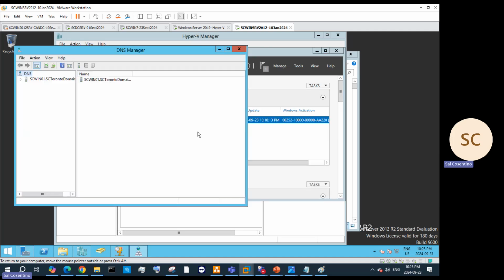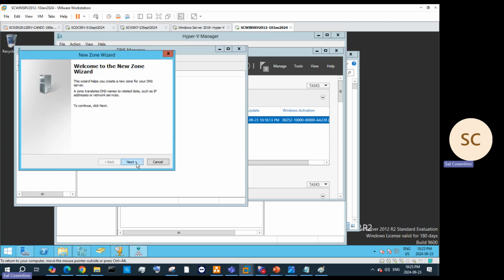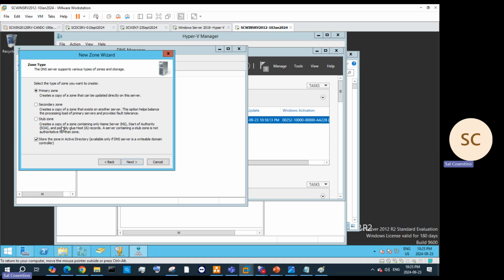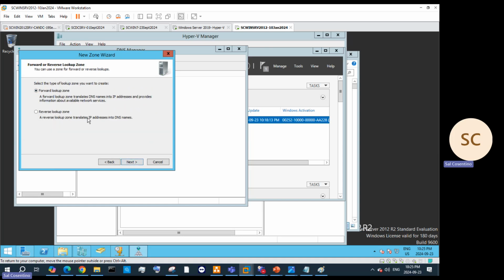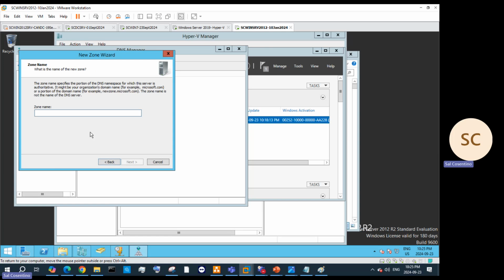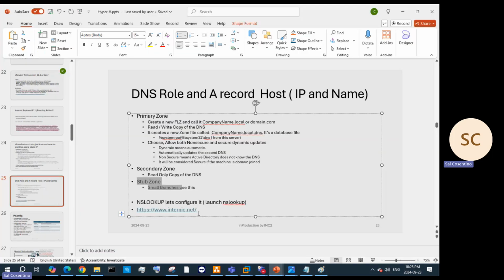So if you go to the DNS manager, right, your zones, these are our primary, secondary, stub zones. For lookup zones, we create that here. We give it a zone name, right? And then